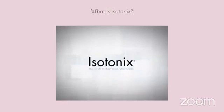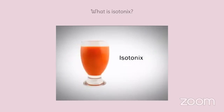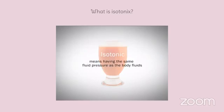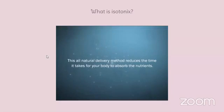Isotonics, the world's most advanced nutraceutical taken orally. Isotonics refers to the form by which the supplement is delivered into your body. Isotonic means having the same fluid pressure as body fluids. This all-natural delivery method reduces the time it takes for your body to absorb the